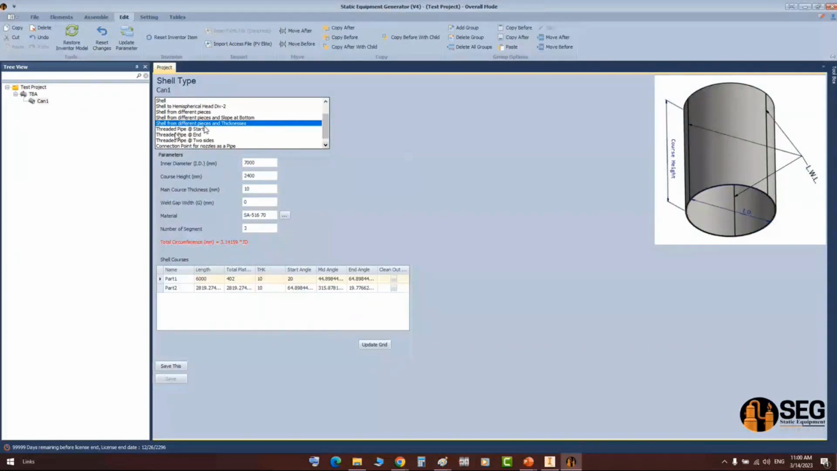Okay, this type of shell will give you the ability to control the length of each plate and control the thickness of each plate. Not only the length, but also the thickness. So from here, let's change the size to 8 millimeters, the height 150, the thickness keep it 10 and the gap 0, and here the number of segments, let's make it 5, and from here let's